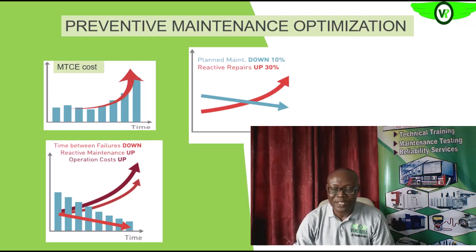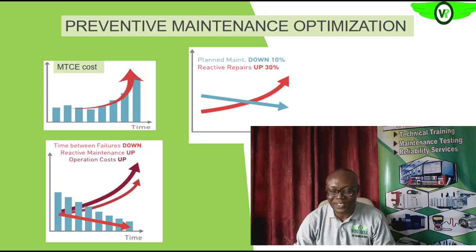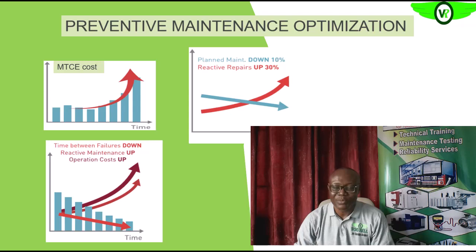So if the planned maintenance is going down, then we know that it's time for us to optimize our maintenance. If it is going down even by 10%, we should try as much as possible to review and optimize our preventive maintenance program. Then if our reactive maintenance is going up,